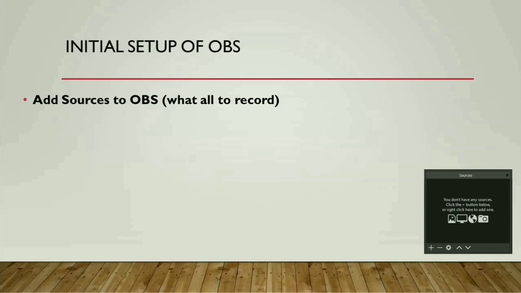Minus is used to remove sources from the sources window. Next one is properties. You can select a particular source and check or change its properties by using the properties button. Then move up and move down are the two buttons generally used to move the sources up and down.